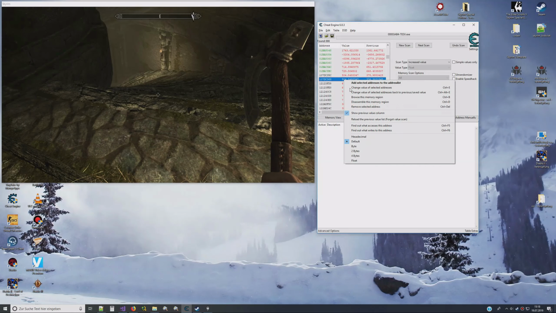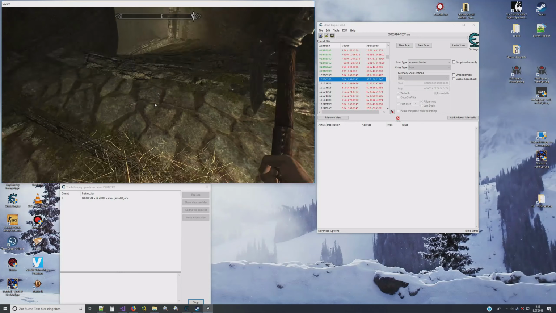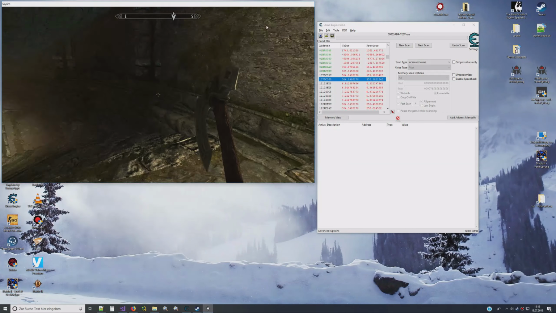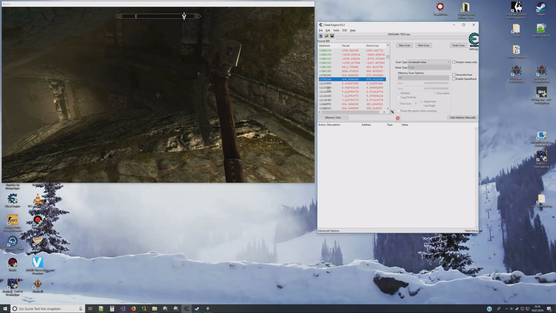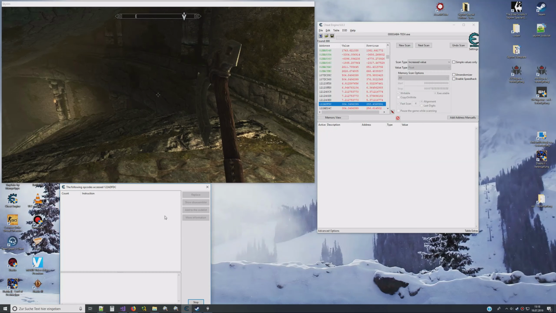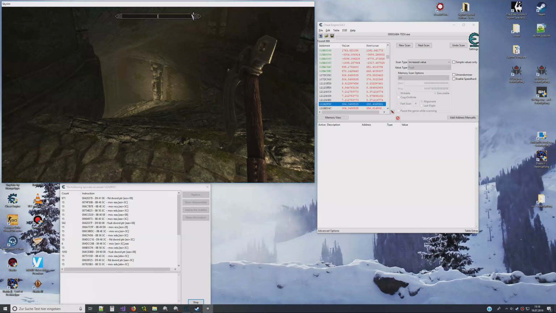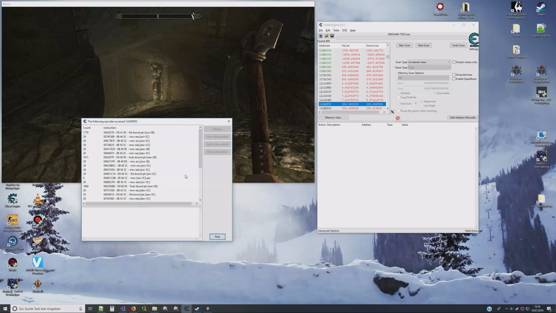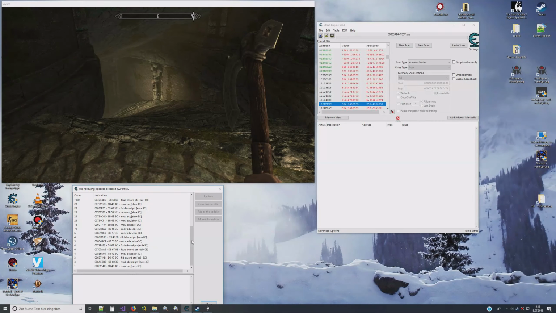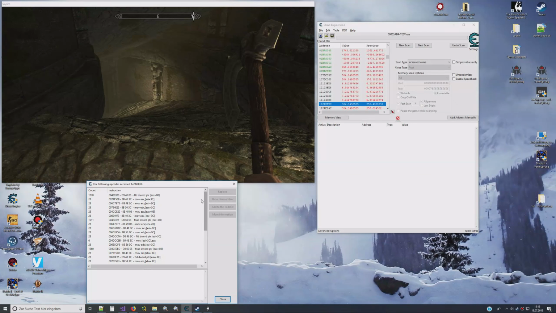So I had a look at every one of these and basically checked what other addresses were accessing this one. And as you can see, there's a lot of stuff going on. I can tell you from my experience that I checked every single one of them. And there's one very interesting address on here,